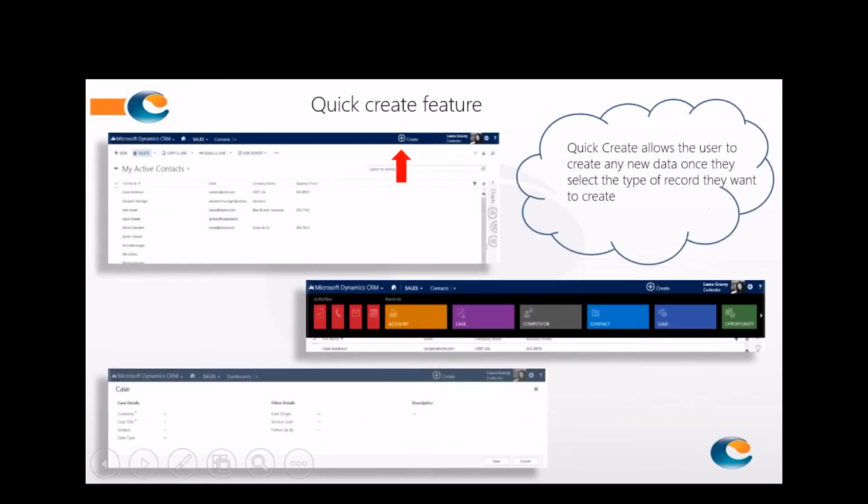So the other thing I personally am really excited about, because it makes my life a lot easier, is the quick create feature. So that ribbon along the top is always there no matter what view you're in, and that quick create button is there. If you just click on that, it gives you the option to create any record that you want, whether it be an activity, account, a case, a competitor. So quickly on the go, and as you see down the bottom there,